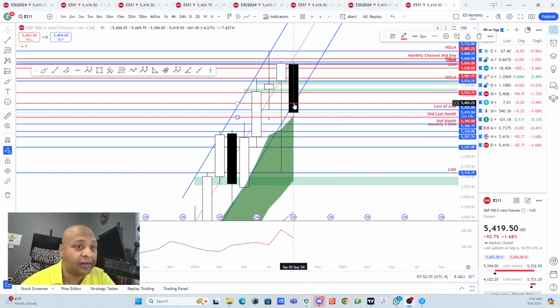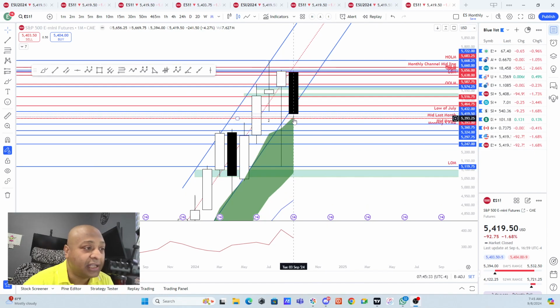But if it goes above this 5.365 area and starts holding it, mostly we will get back to the 5.494 to the 5,500 area. And if we can cross above 5,500 and start holding the 5502 to the 04 area, then we will come to the 5510 to 11. But if the bulls are strong enough at that point and we can get above that 5526.25 area, once again we can get to that 5540, 5555, and then the 5560 and the 65 lines respectively.